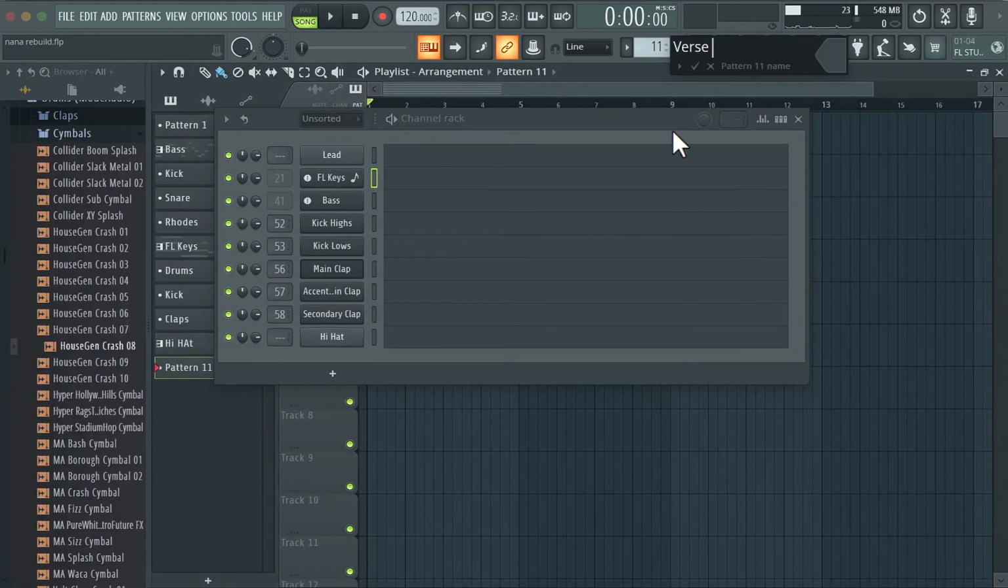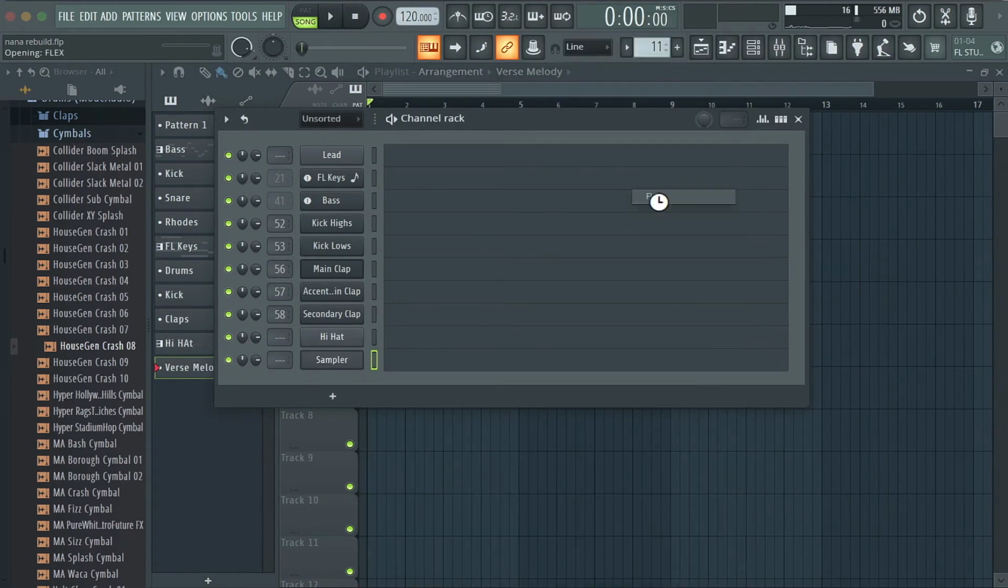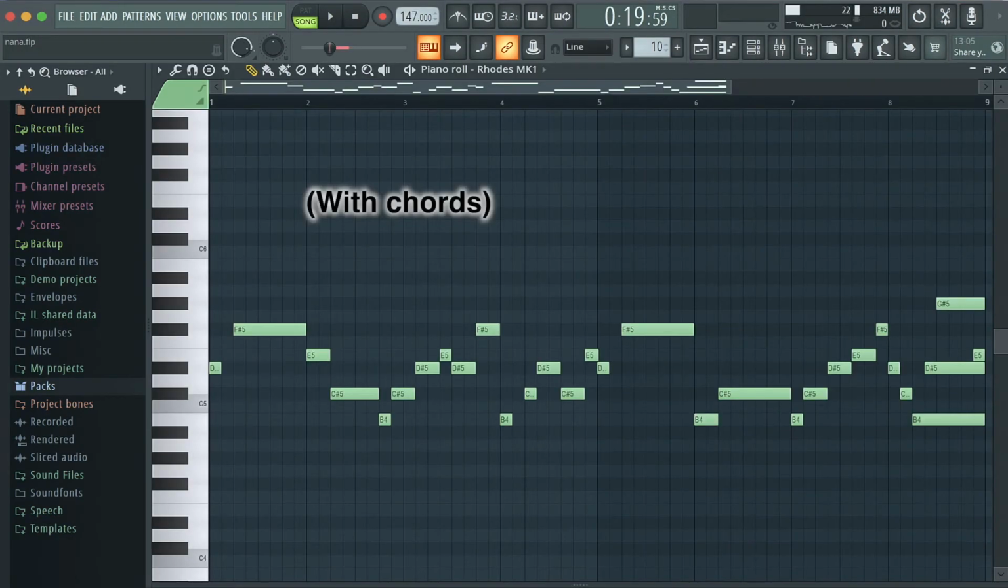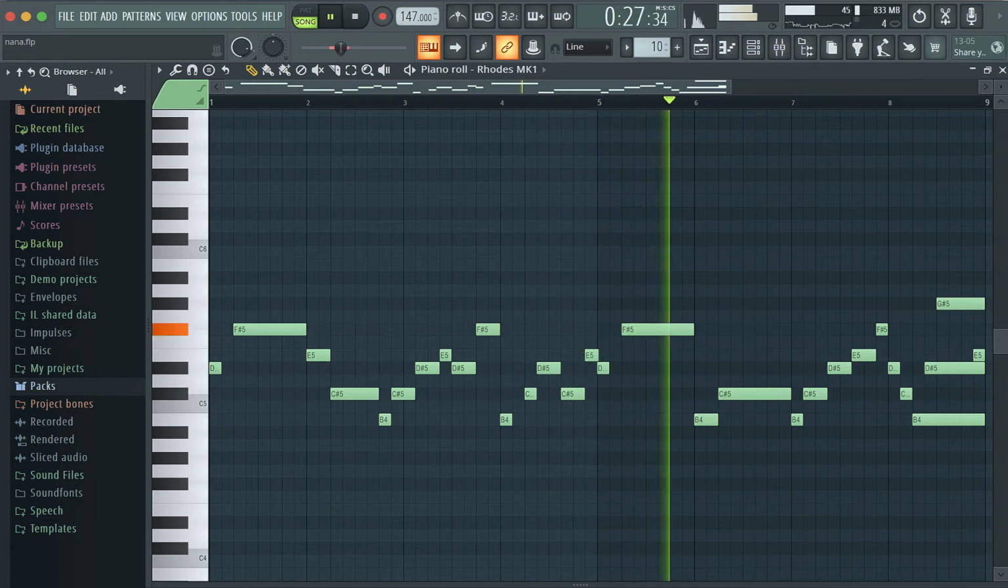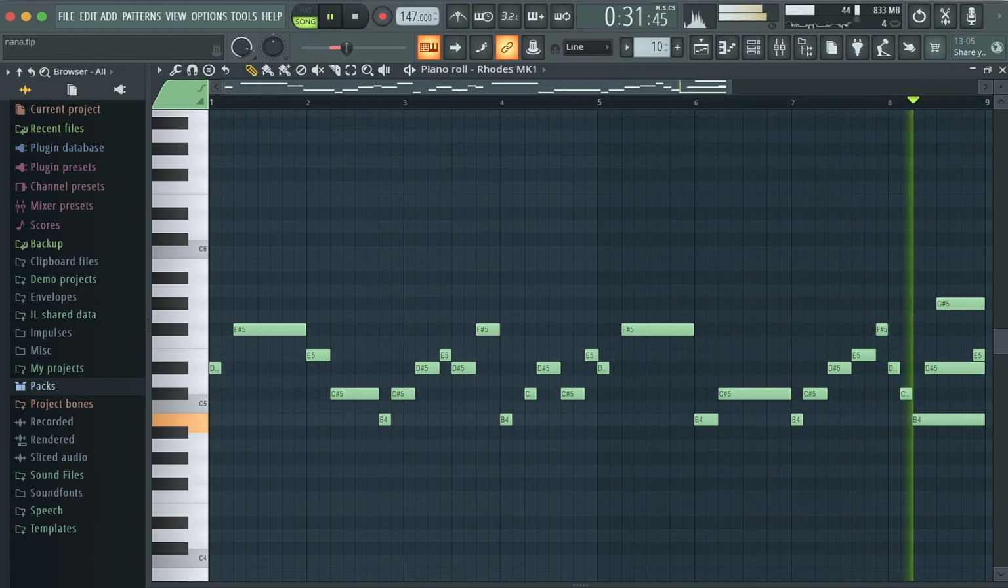So now for the last time, let's take another pattern, add that one in, and what this is going to be is it's going to be the verse melody. So that's the melody. And I mean, what can you really say? All you can do for a melody is have some kind of idea and then play around with it until